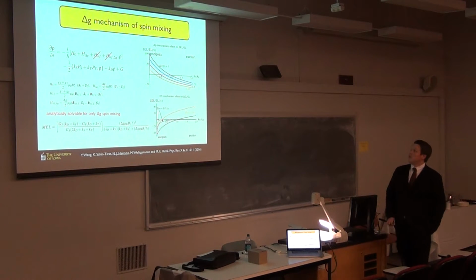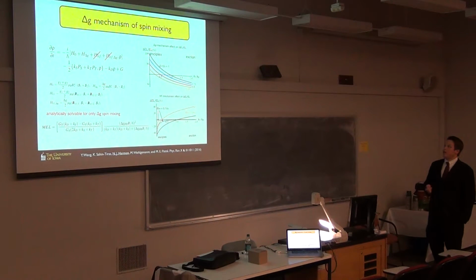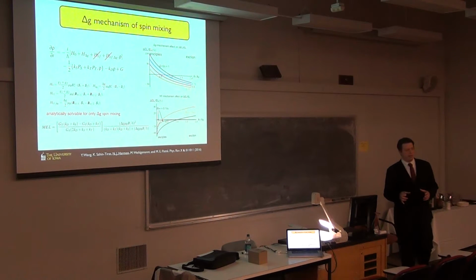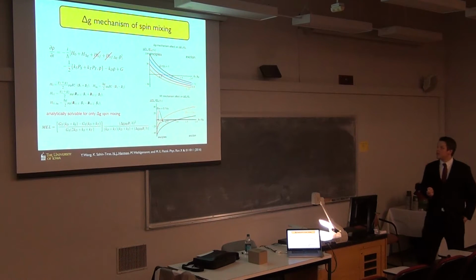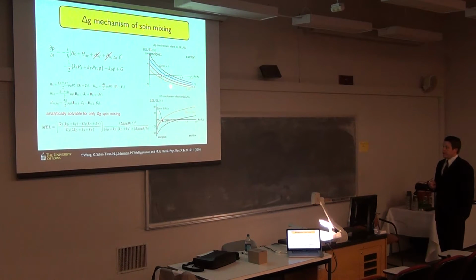So now we've run the calculation with the delta G mechanism. Essentially, you can get rid of the hyperfines out of the Hamiltonian. And we've also had to put in dissociation of these exciplexes, which you might expect to be a larger effect in exciplexes than excitons, since they're, again, more widely spaced. And here is the calculation.